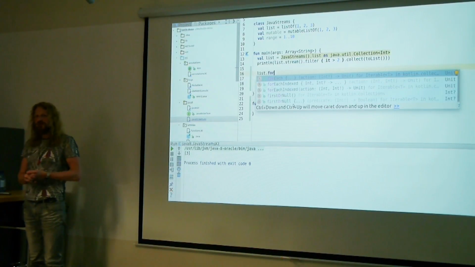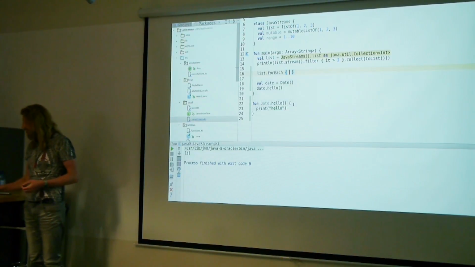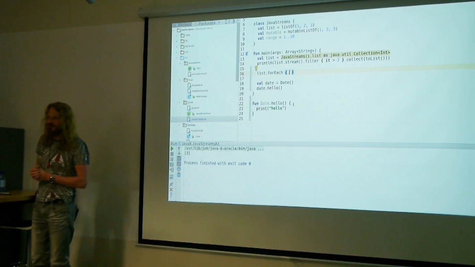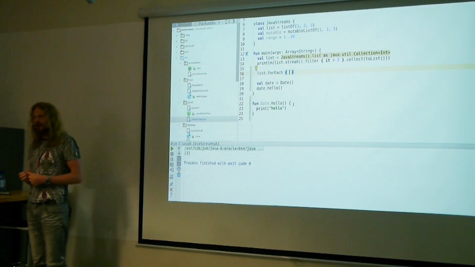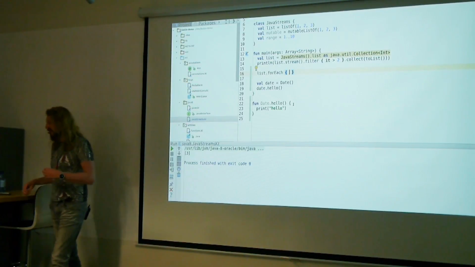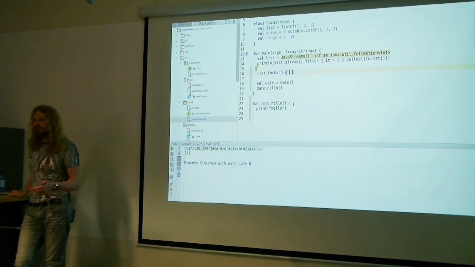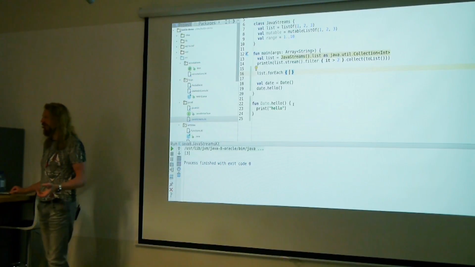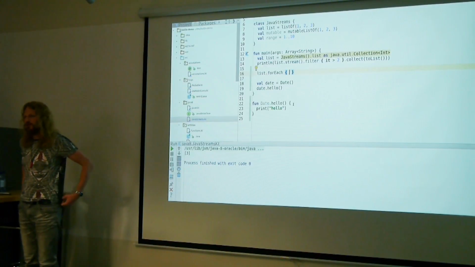If you know that the same method was added with Java 8. And now the question is, if I call forEach here in Kotlin, which one will be called? So by default, they made it safe. So the real method of the type has precedence. So the real method will be chosen by the compiler, not the extension method.